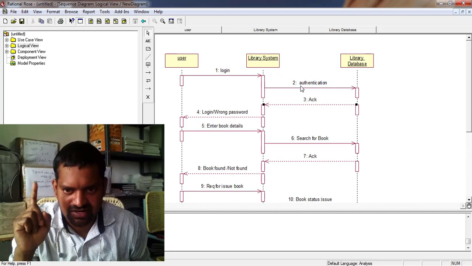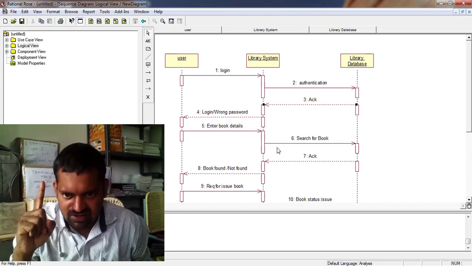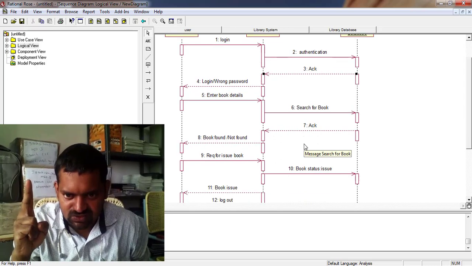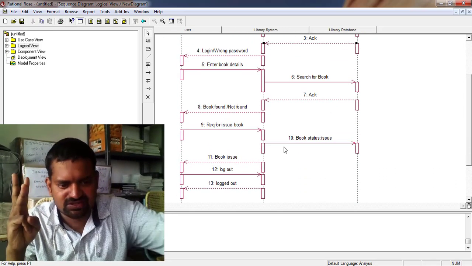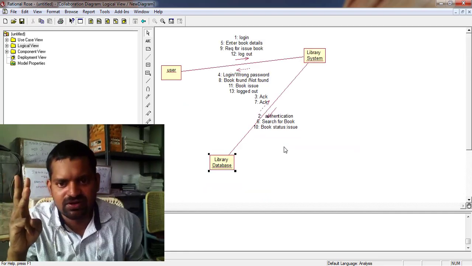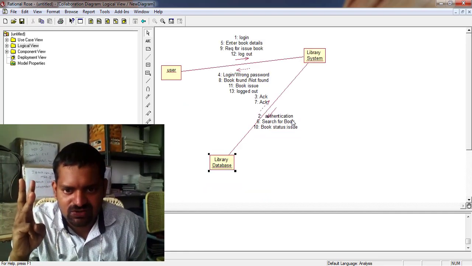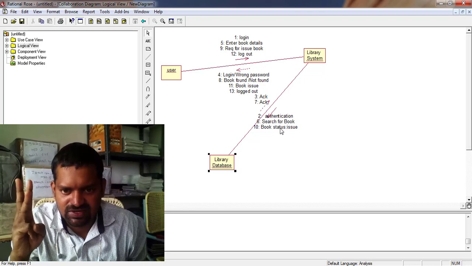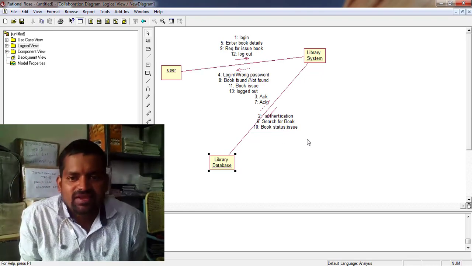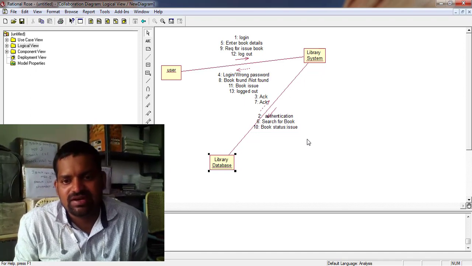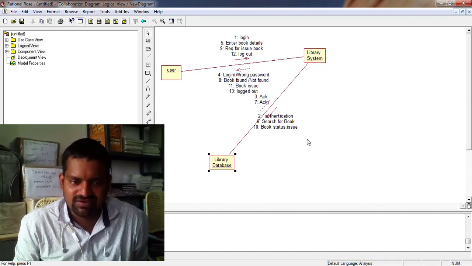Library authentication, second one. From here, 2, 6, 10 are the requests. Press F5 on the keyboard. See, authentication 2, search for book 6, book status issue 10. 2, 6, 10 are the library system to library database requests.